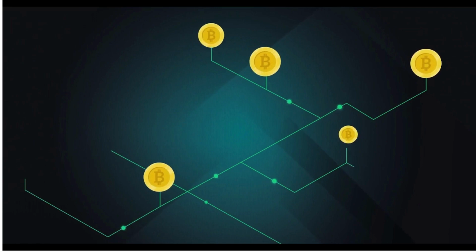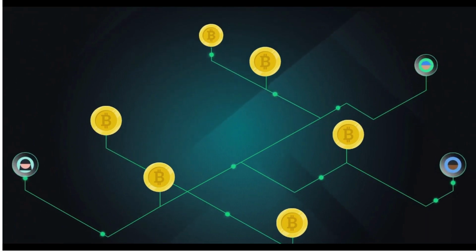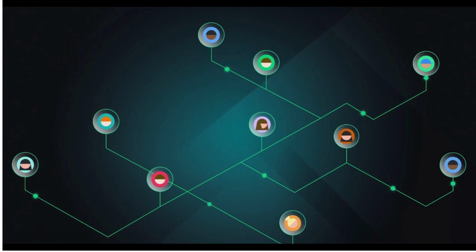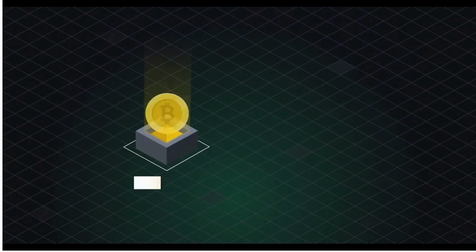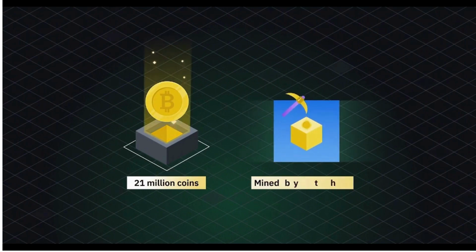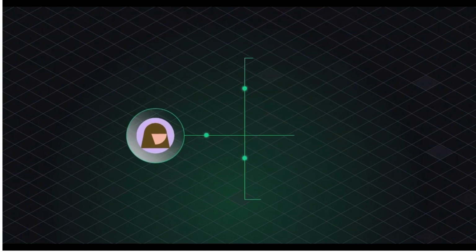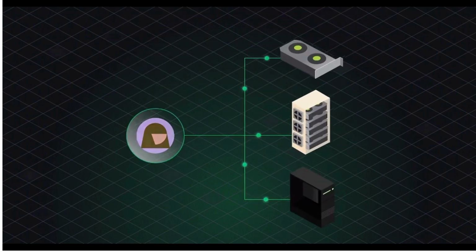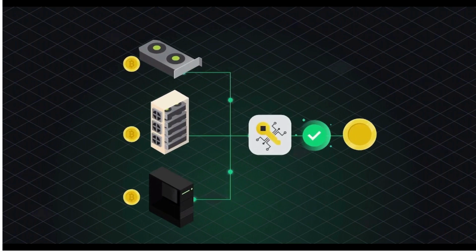On the other hand, Bitcoin is decentralized, peer-to-peer, and censorship-resistant. It's not backed by the government or any institution. Every Bitcoin transaction that's ever been mined exists on a public ledger, accessible to everyone. Moreover, Bitcoin has a limited supply of 21 million coins. These Bitcoins are expected to be mined by the year 2140. Cryptocurrency mining refers to the process of verifying and validating blockchain transactions. It's also the process that creates new units of cryptocurrencies.